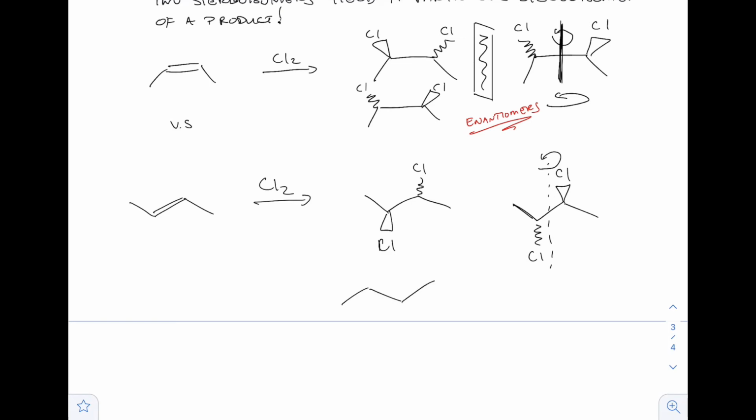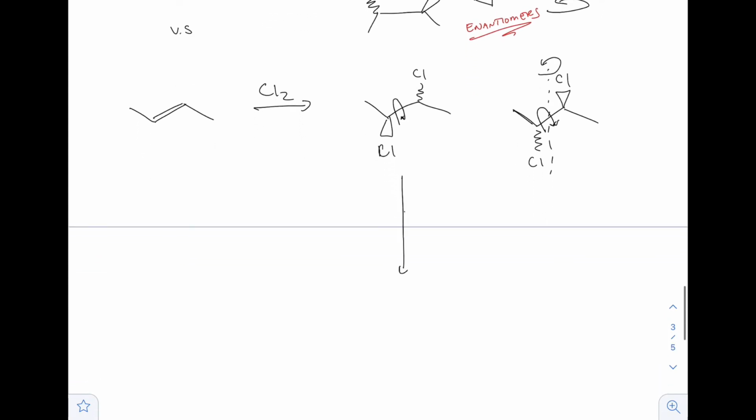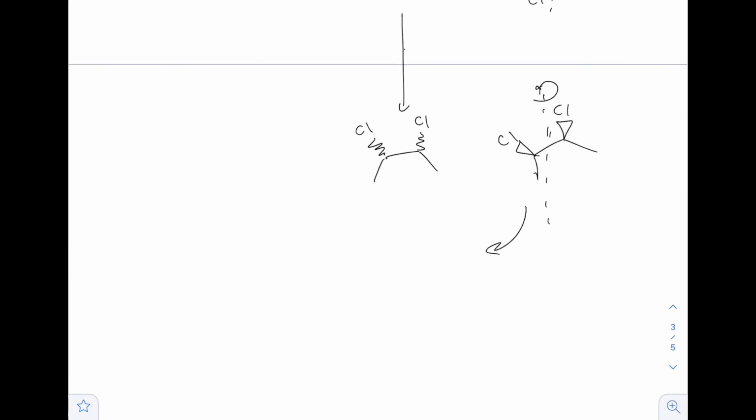If we rotate about this vertical axis above, it's not really helpful because it doesn't put it in an orientation that we can compare, right? So what we want to do is rotate about this bond right here, this carbon-carbon single bond, and that way it puts it more or less in the same orientation as the cis one. What that does is you can see that we have wedge and dash for the products. And all you have to do now is rotate about that vertical axis and you get the same exact products. So they're identical